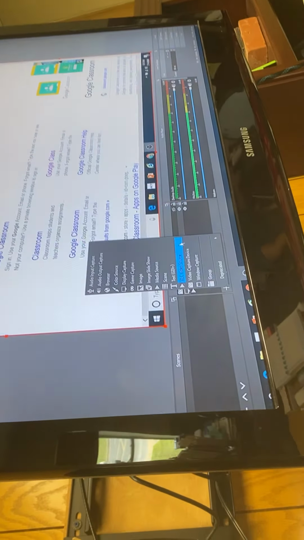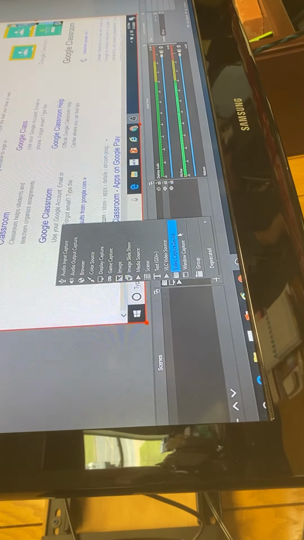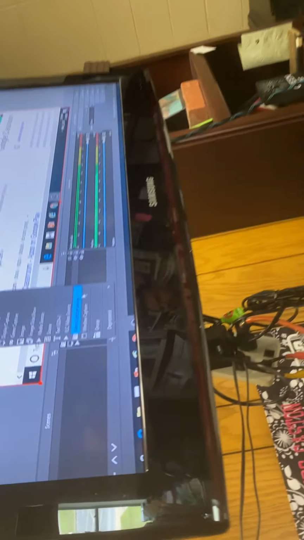I've got a question. I didn't realize you were naming it. I thought that's how you were getting it to open. No, I was naming it. I was doing the plus sign here to add a source, and then choosing what that source is. Video capture device for any sort of camera that's hooked up. If the document camera is hooked up, you're going to pick